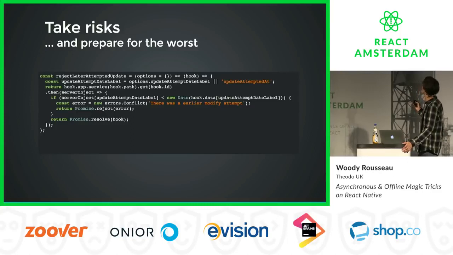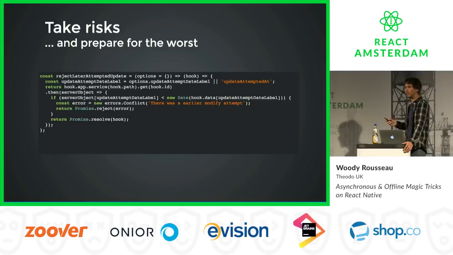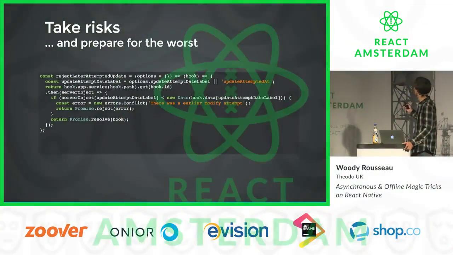And if for some reason the timestamp that you got from the client is actually after the timestamp that is stored on the server, currently stored on the server, then you want to reject with there was an earlier modified attempt, which means that